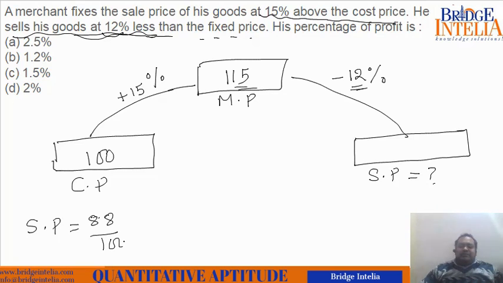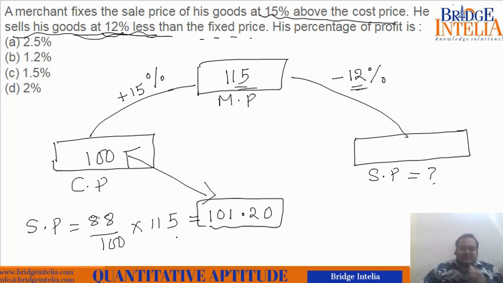88% of marked price. So this comes out to be equal to how much? Let's see. So this is 101.20. So you can see finally that he has invested rupees 100, but he is finally getting back